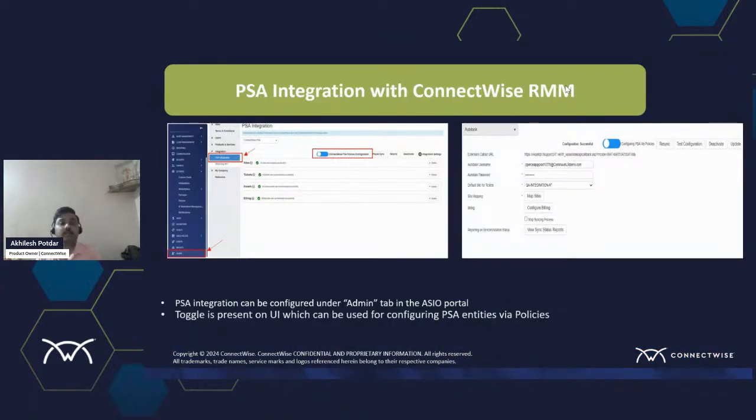So this particular session will cater to the audience who are using ConnectWise PSA or Autotask PSA along with our ConnectWise RMM. So the users who are using both the PSAs might be aware that you are currently able to see the toggle option on your reporting page. This particular toggle option we have introduced in the last couple of months. With the help of this toggle option, you will be able to configure your PSA integrations